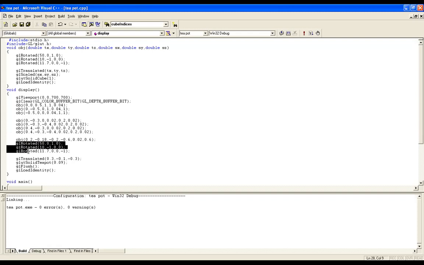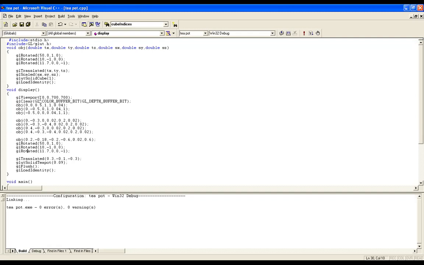Why have we put 3 rotates here? This is rotation based on the x-axis, this is rotation based on the y-axis, and this is rotation based on the z-axis. Since the teapot is a 3D image, we are using all 3 axes. So if we have a positive value, it rotates clockwise, and if we have a negative value, it rotates anti-clockwise. These are the 2 options of rotation, which rotate the object through different axes: the first is x, the second y, and the third z.